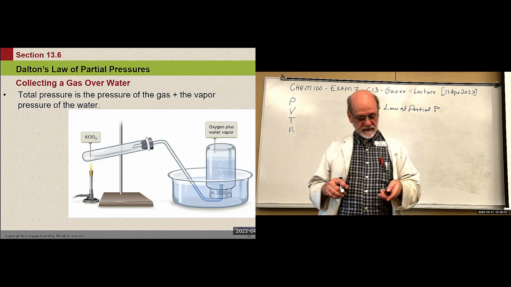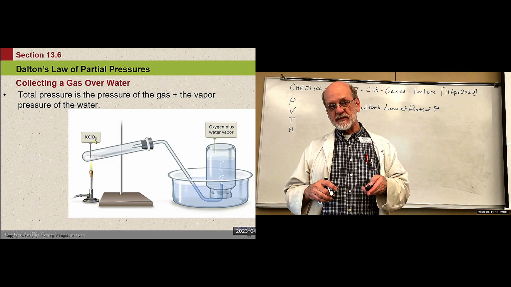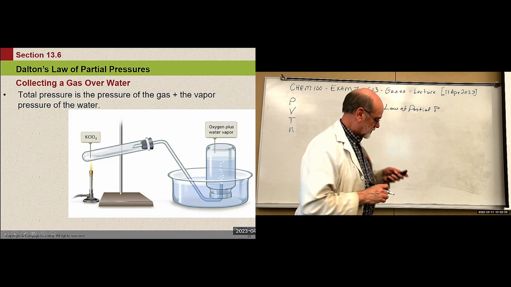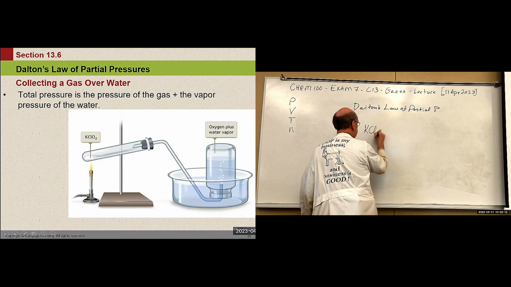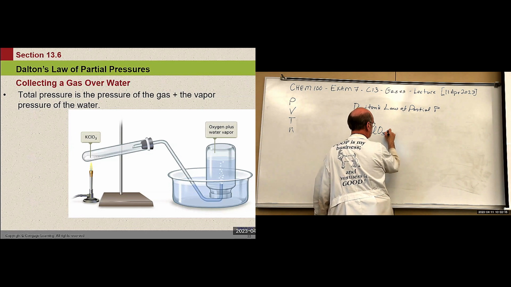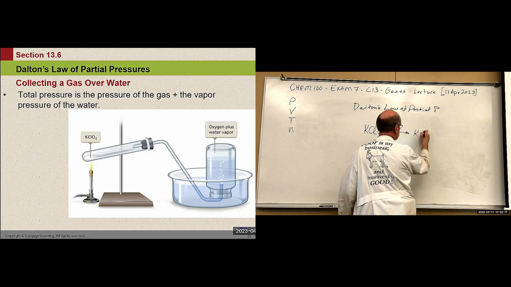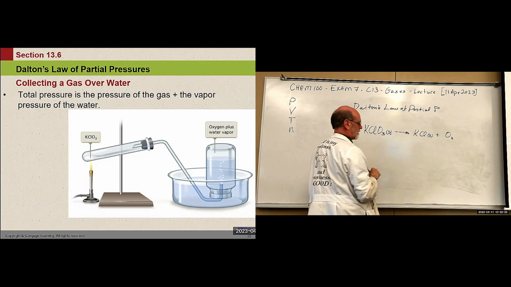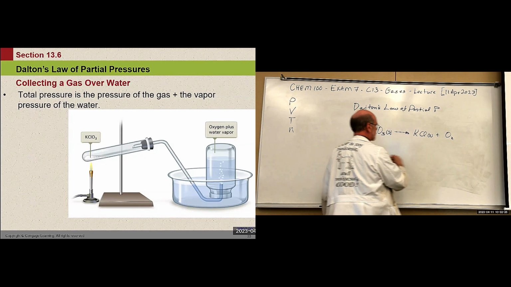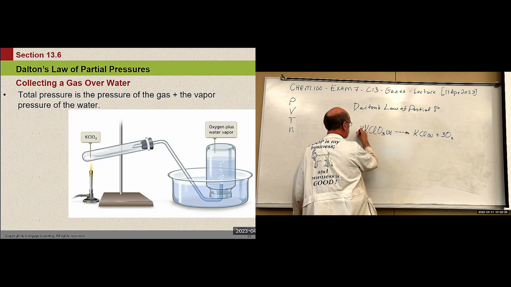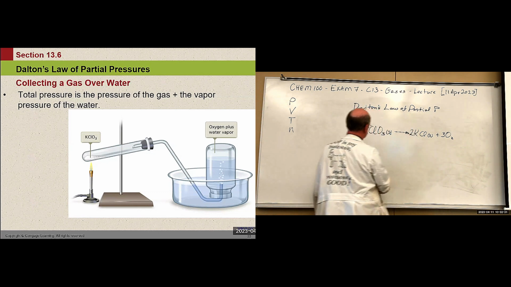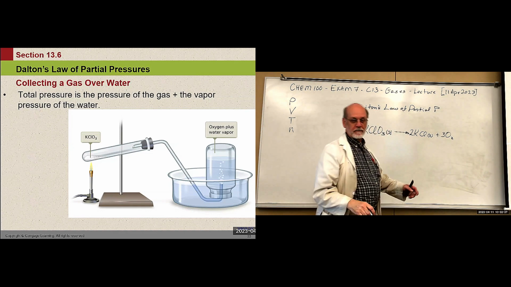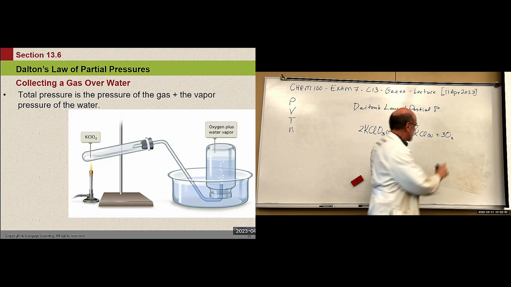And notice from this design, we're decomposing potassium chlorate and it produces potassium chloride plus oxygen gas. So the reaction is solid, decomposes into this solid plus that gas. Let's see, I need to balance that, don't I? Let's see, what if I put a 3 here and a 2 here and a 2 here? 2 Ks, 2 chlorines, 6 oxygen, that's balanced. Okay, so we're collecting this gas